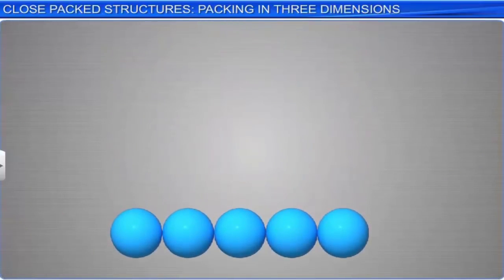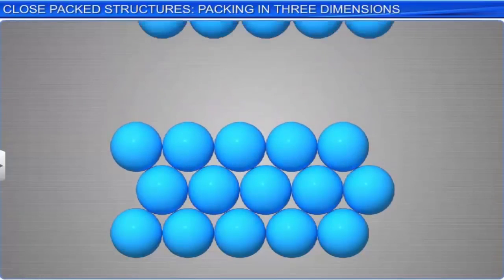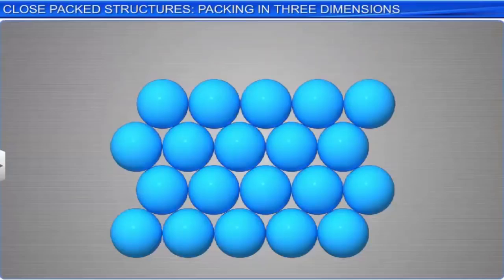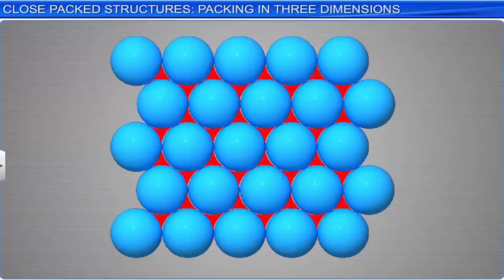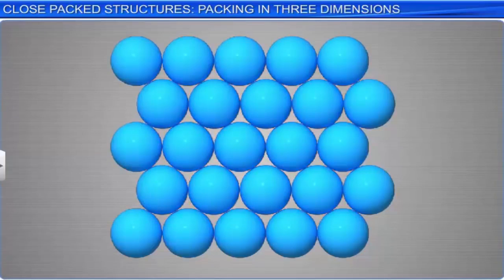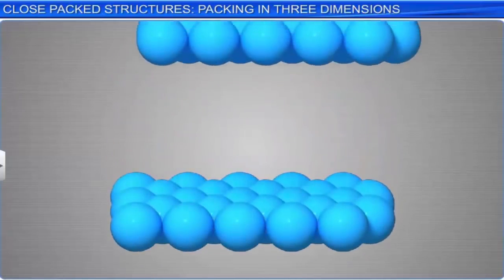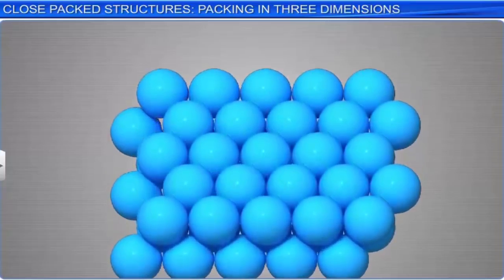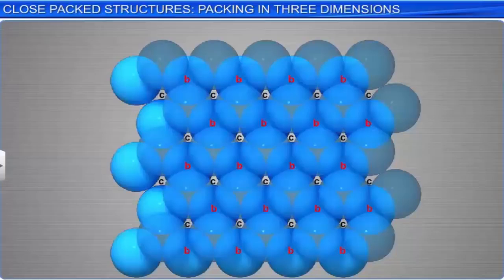As you can see, the depressions of the first layer are the ideal seats for the next layer of spheres. By placing the constituent particles or the spheres in the depressions of the first layer, a second plane of close-packed spheres lying on the first plane is generated. It is important to note that when the spheres are placed on the voids of B type in the first layer, the C-type voids are left unoccupied as no sphere can be placed in them.